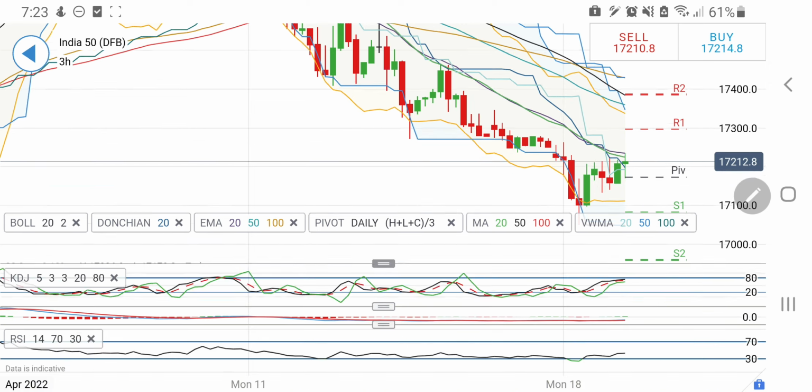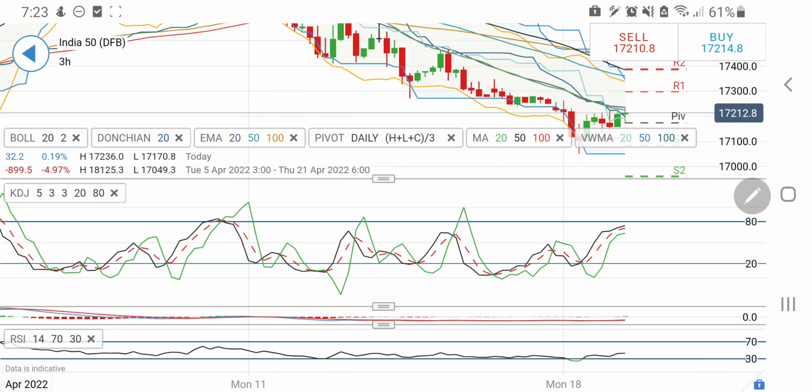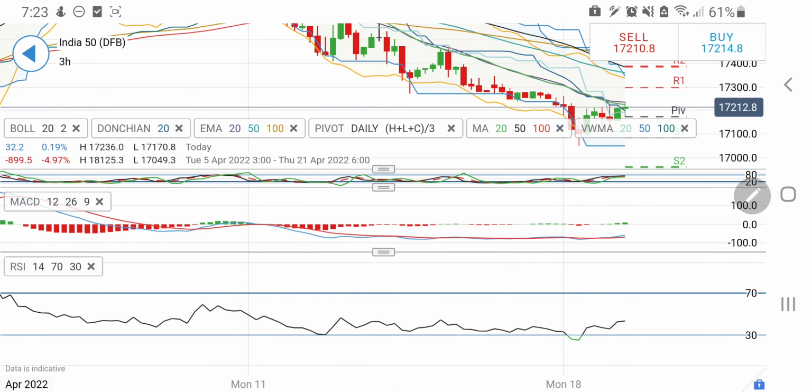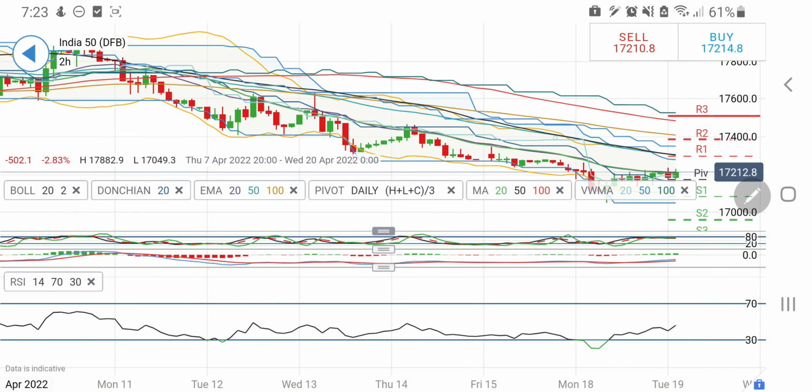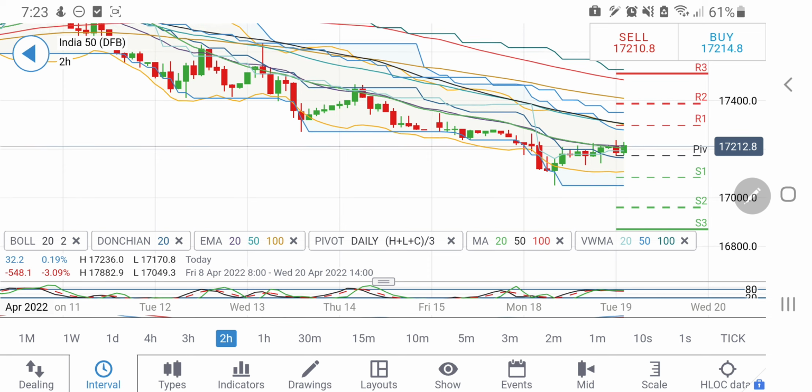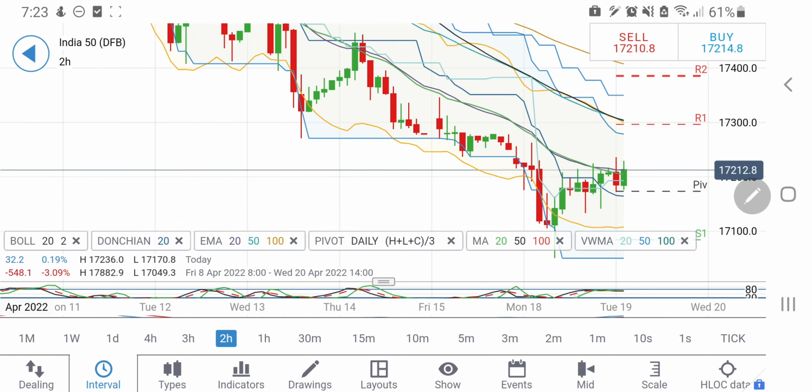Let's have a look further. See, the 3-hour stochastic is also near overbought. MACD has just crossed over on the buy side. RSI looking upwards here. And if you look at the 2-hour charts, on the 2-hour charts also, see, the rise is there, and yes, it is getting the support at 17,150 levels. That is also very much evident. Now look at this. The bulls are not trying to take full control. Every rise is getting offset with a little drop, and every candle is left with a strong wick there. At the same time, 17,150 is providing it a little resistance.